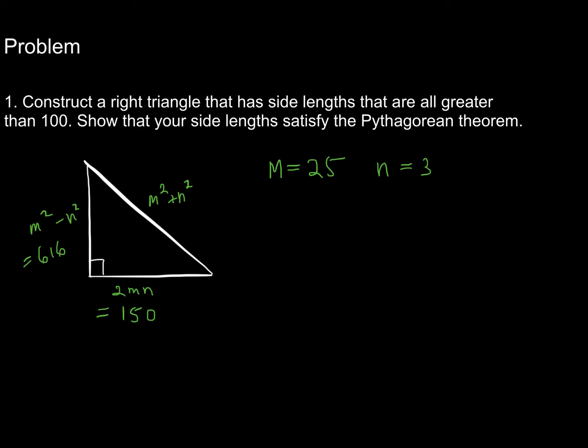And then if I take the squares of each and add them together, I'm going to have 625 plus 9, which is going to be 634. So here all of my side lengths are well greater than 100,